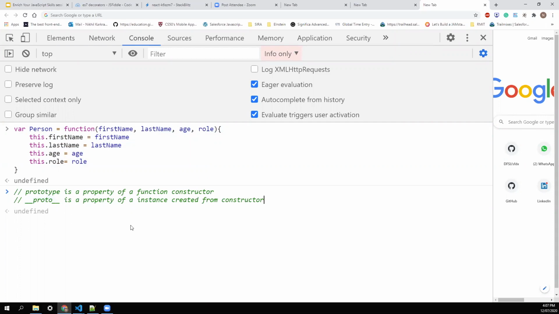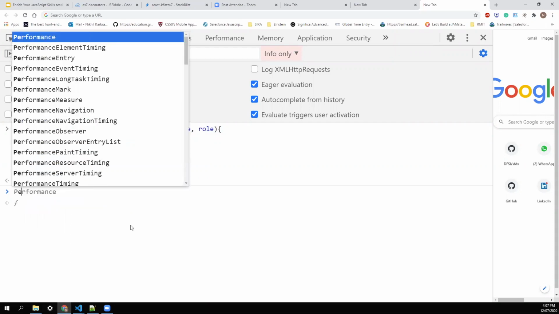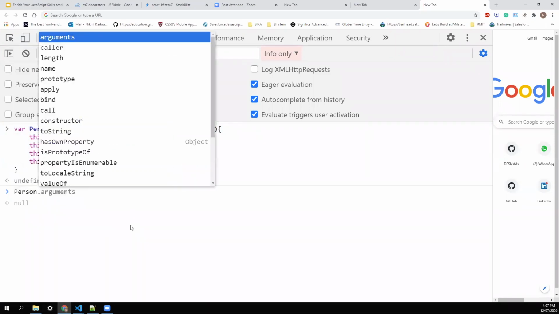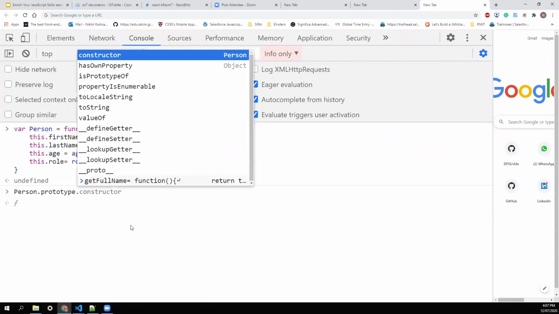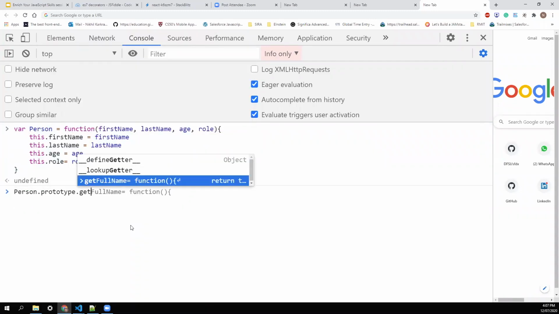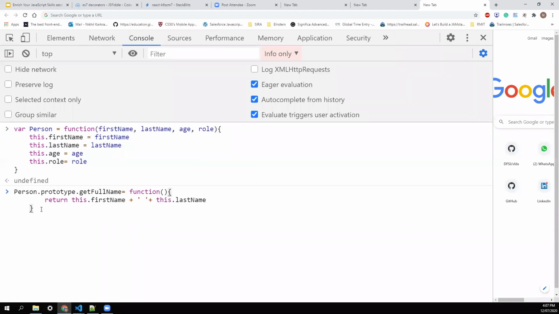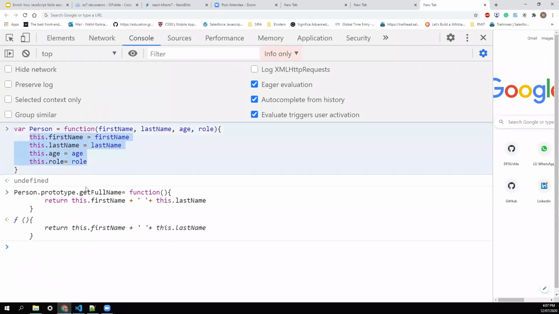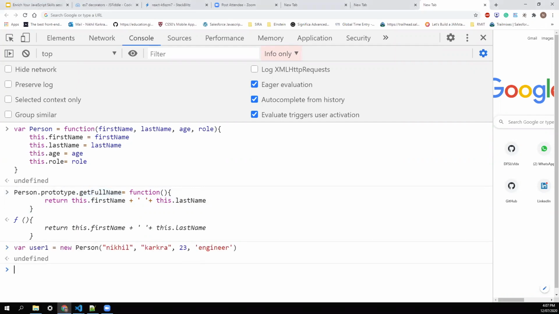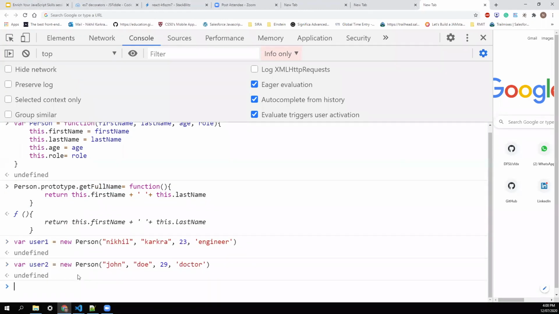Now we'll attach our method to the prototype, with the method name getFullName, and I attach it here. Now if I hit enter, my person has a property and its prototype has the getFullName method. Now I'll create the instances, user1 and user2, and if I see user1 here,